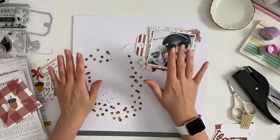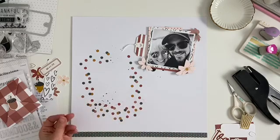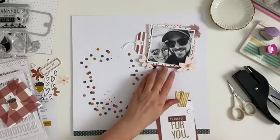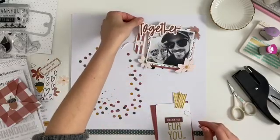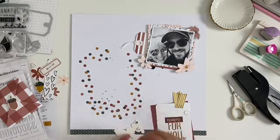Okay, so these are all glued down now, which I just used some sort of PVA for, and that seemed to work quite well. So I've popped all those down, and then I've glued this down now, my little cluster, and then I've got that together to glue as well. So I was going to use some foam pads to just bump that up a tiny bit as well, because